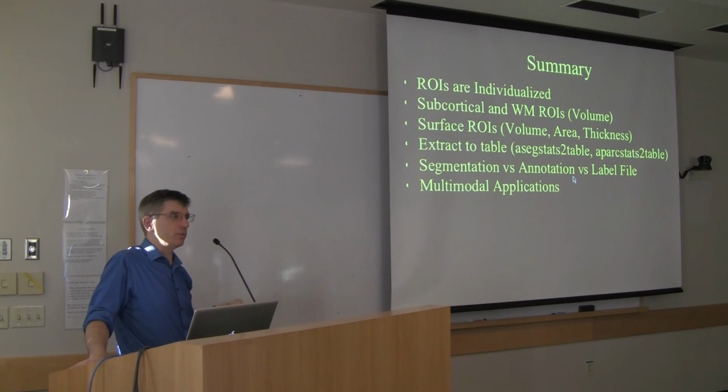And you have surface regions of interest that have three numbers associated with them: the total volume, the total surface area, and the mean thickness inside of them. You can take these and extract them out to tables, which you could import into SPSS or MATLAB or whatever, or run using mri_glmfit. And the nomenclature is